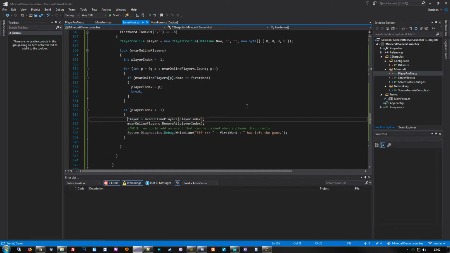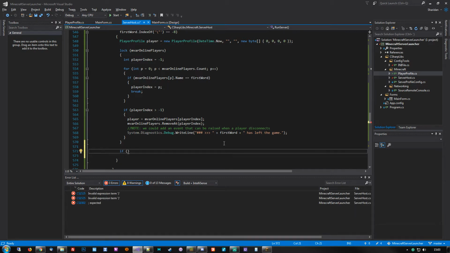We can then afterwards use this to verify that it was actually removed outside the loop, or sorry, outside the thread lock, which would be here. So if player.name.length greater than 0, and we can do the same for the UUID, that should suffice. Then